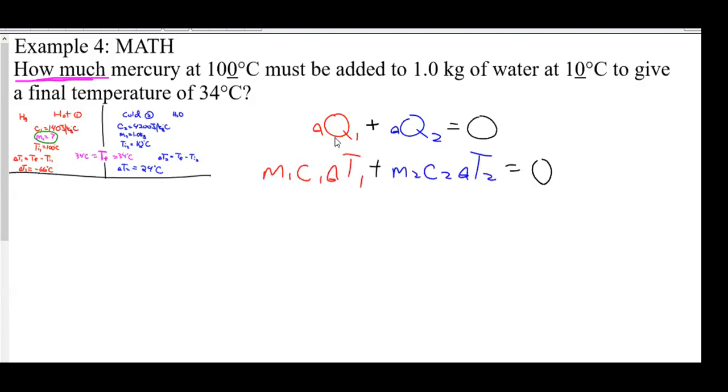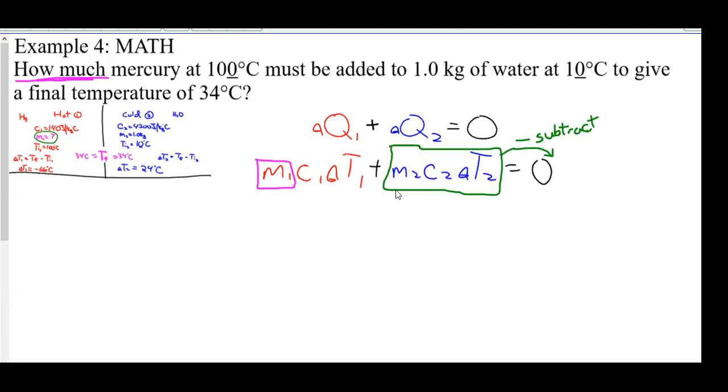So since we're doing thermal equilibrium, recognize that this delta Q is from your specific heat capacity, mc delta T, but it's for the hot substance. So I put a little subscript 1 for each of them, and likewise a little subscript 2 for each of those. Since I'm finding the mass of my mercury,